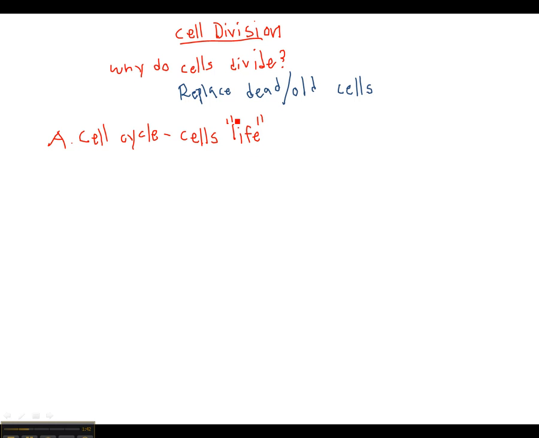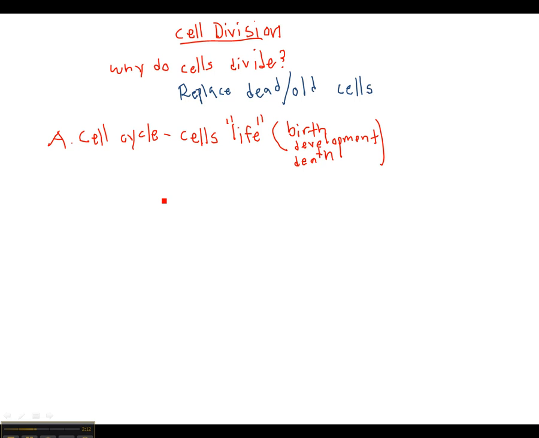Well, a cell has a life. It's born, it dies, it goes through, can't exactly call it puberty, but it goes through different phases of its life. It goes from its birth to its development or growth, and finally to its death. Reproduction is all in there and some other things. The cell cycle is the cell's entire lifespan.